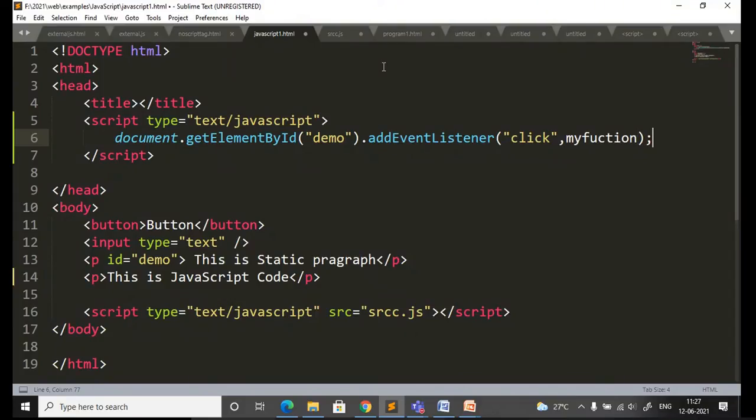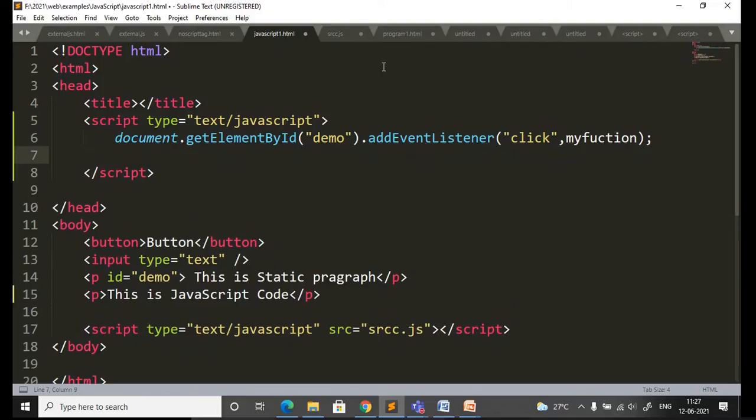Now just write the function here. What is the function name? That is myFunction.